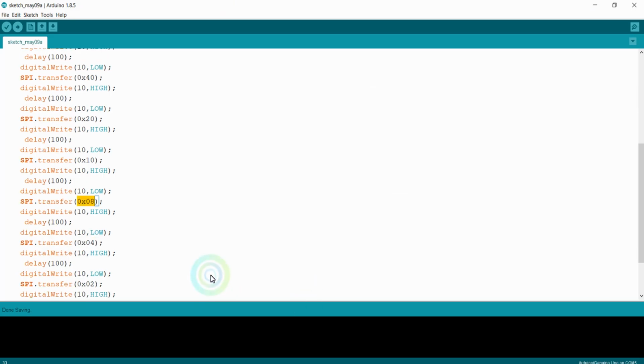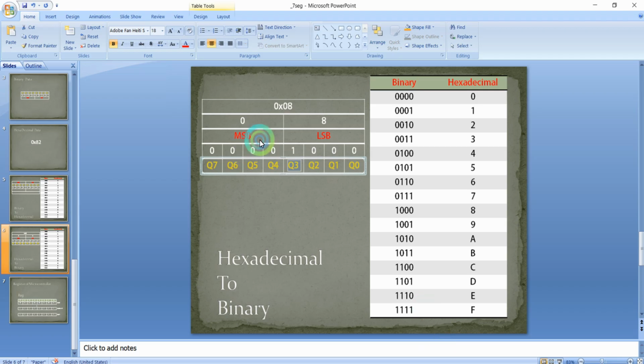And again after 100 millisecond we are just going to pass 0x04 as the byte. Now 0x04. So now you can see 0 is available in the MSB, so this 0 remains in the MSB data, and here 4 as per the table is equivalent to 0100. So 0100. Now you can see the Q2 output is high and all the other outputs are low.